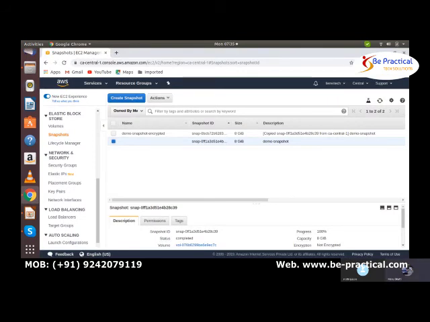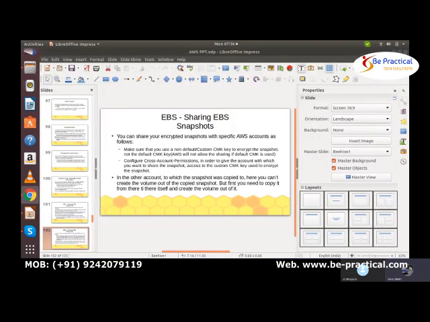I mean, you must be having the other AWS account number. So that number you will give and you will share it with them. And after that, you will go to the key, and the key also you need to share with that side.